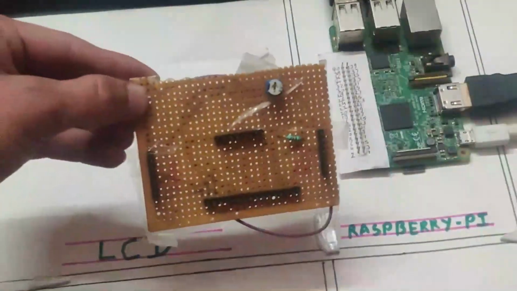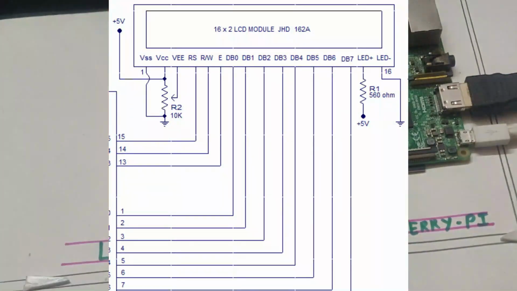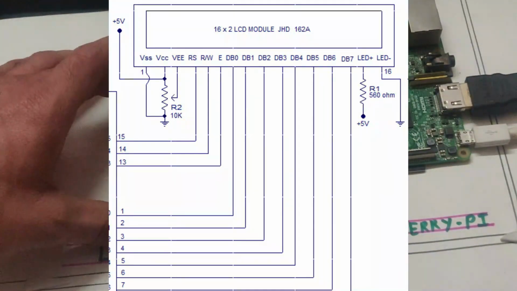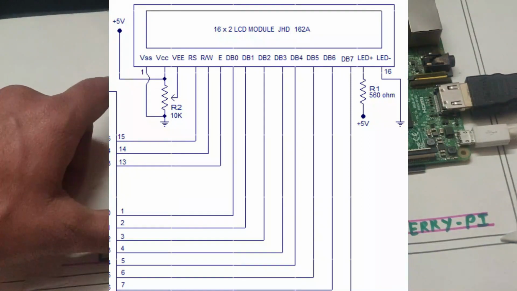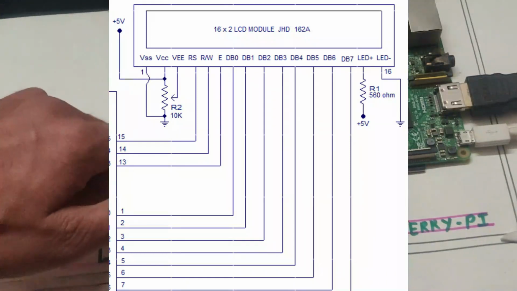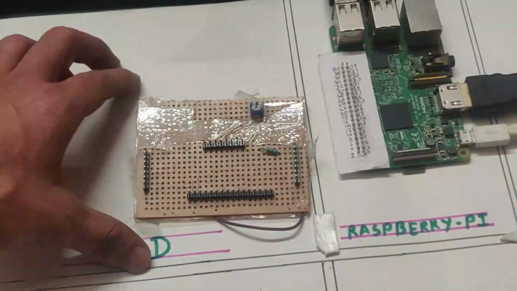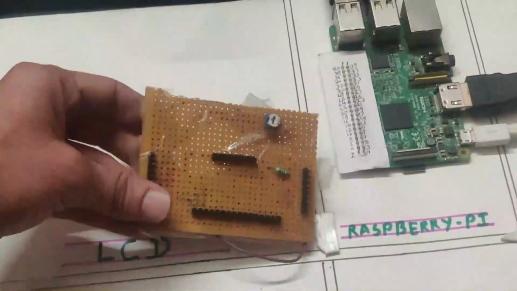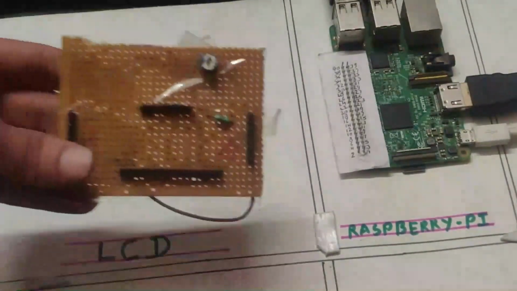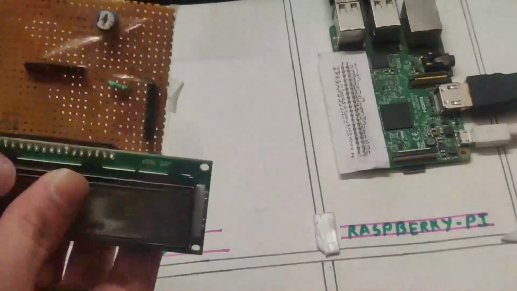So how did I design this zero PCB module? By using the circuit diagram. I will share the circuit diagram on screen. You can see on the screen that whatever the output pin is, it is connected to the input side of the controller. That input side of the controller pin is nothing but our floating pin, and with that floating pin we will connect our LCD module with any other controller. With the help of this circuit I have designed this, and I need to plug the LCD module onto this.